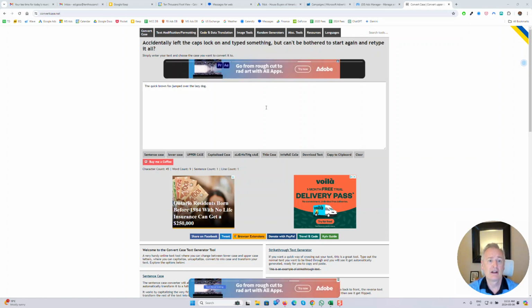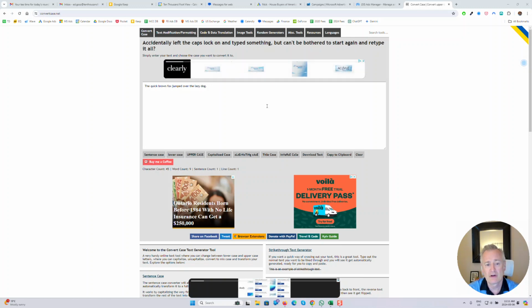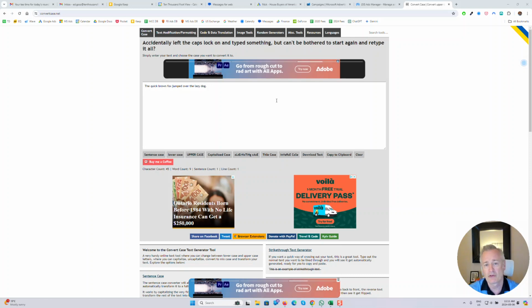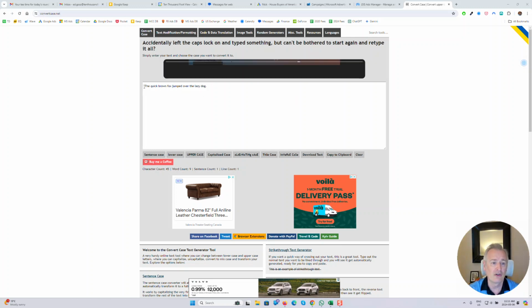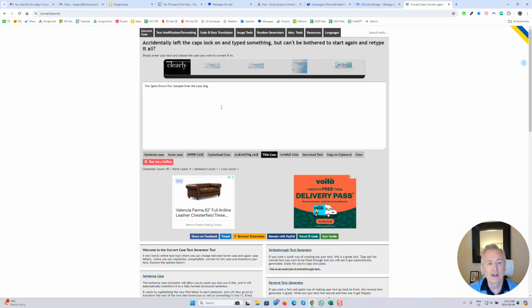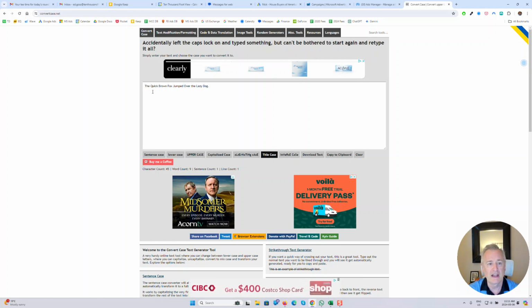So today I am going to show you a little tool that we use at my agency that's a huge time saver for pay-per-click ads, and that tool is ConvertCase. First off, the tool is available as a website, which I'm displaying here. And in a nutshell, what the tool does, and by the way, this site does a whole bunch of things, but for the purposes of this, I'm really looking at the ConvertCase functionality. So basically what it does is you can input any copy into this box, and you can click on one of these buttons and it will change the case.